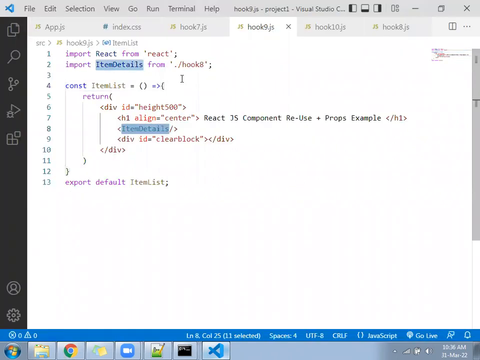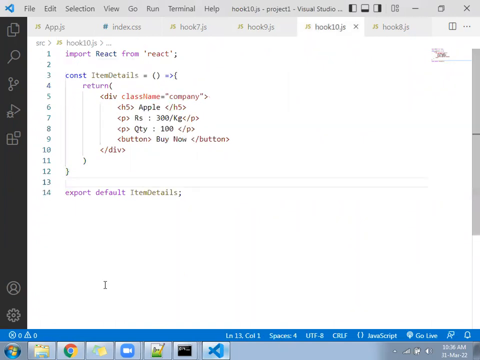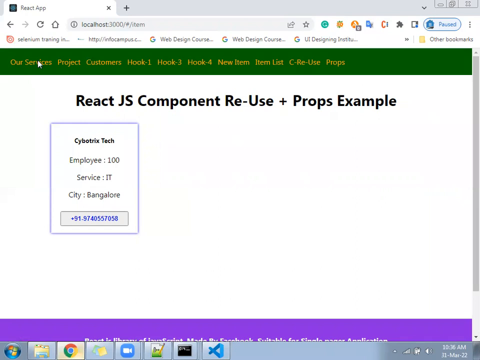In item details, what have I added? Something else is coming. Maybe I need to reload the page. Still similar. Sir, you have to import hook 10, sir.